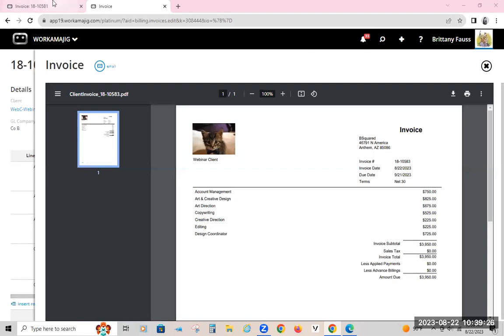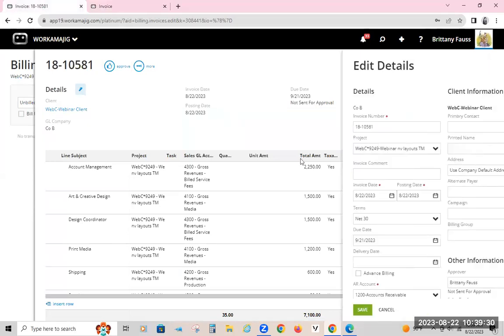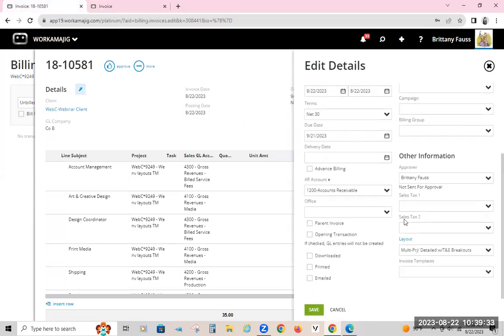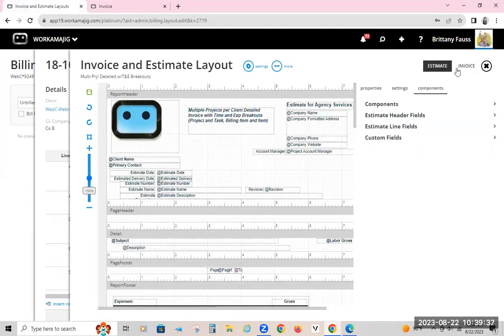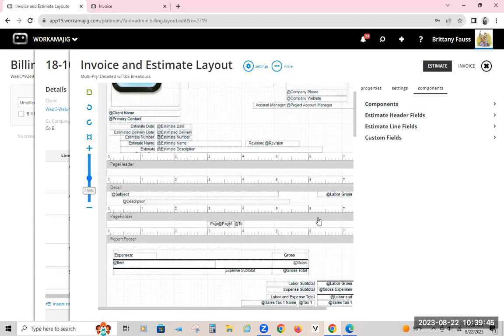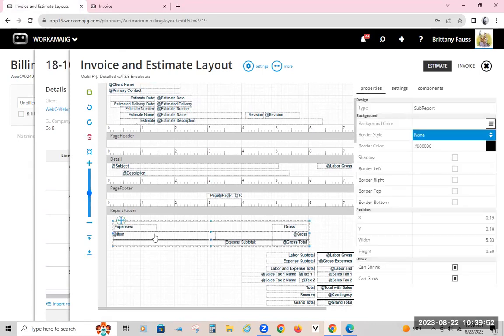Okay, so when I go back to that layout, I'm just going to jump to it from here. This is the side that we're really looking at, right? It's the estimate side. Obviously, the options for this are going to be a little bit different. You're not going to have a time grid that's going to come out. You actually do have an expense grid that can come out,